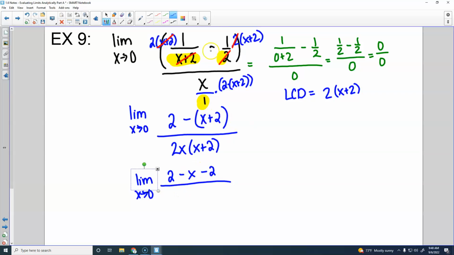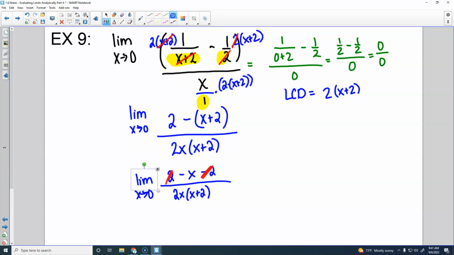So be really careful if you got a minus sign. You've got to distribute it. Okay. What is 2 minus x minus 2? That's going to give you negative x because this positive 2 and this negative 2 right here are going to